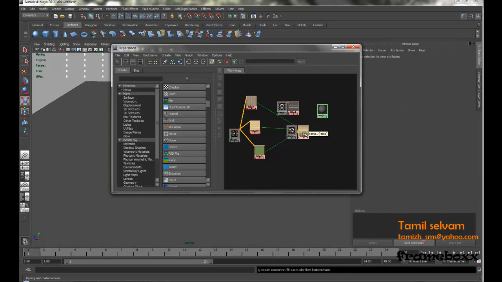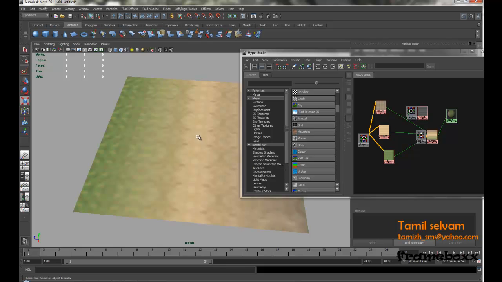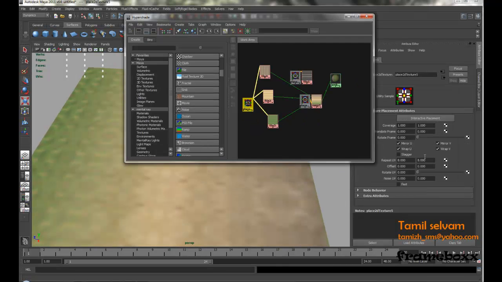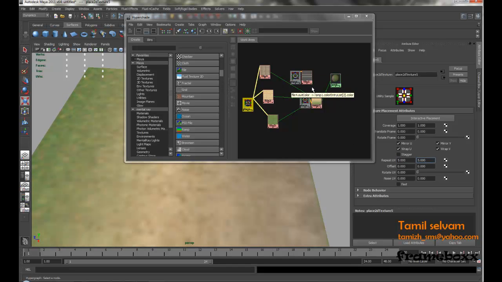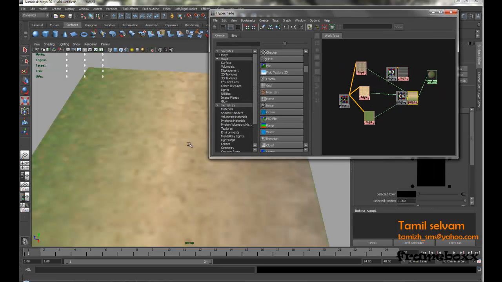Just break the connection, the road. I'm going to take this ramp and connect into color. Now you see the texture is mixed, something like this. I think I can reduce this to 5. That's fine. Now if I open the ramp, I don't want to mix this texture in a linear way,